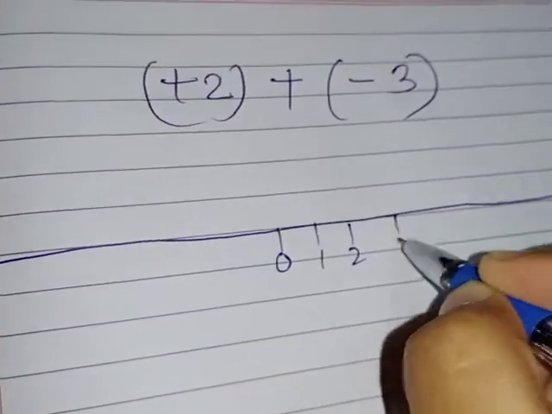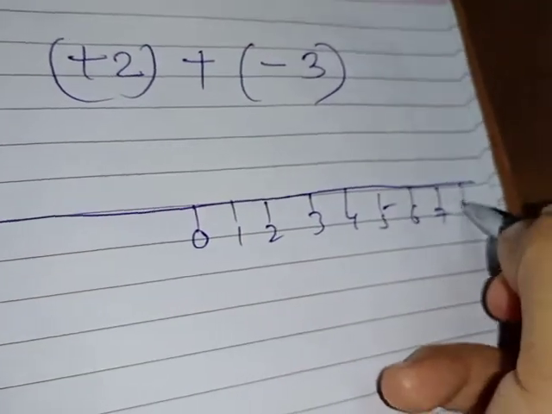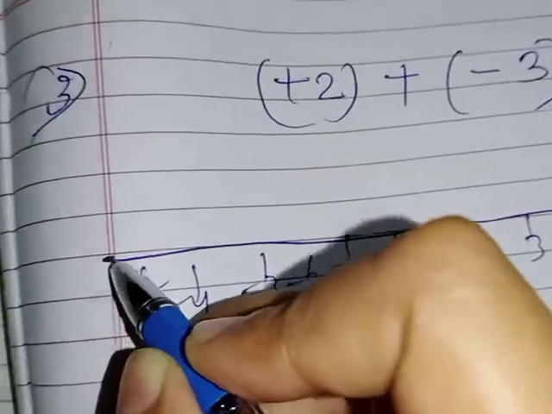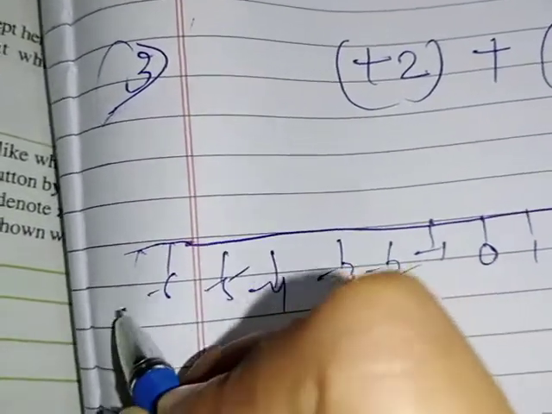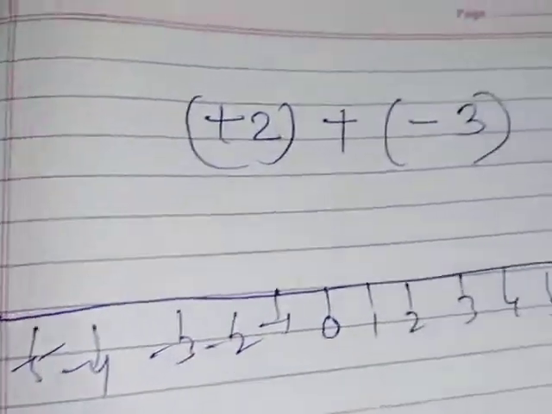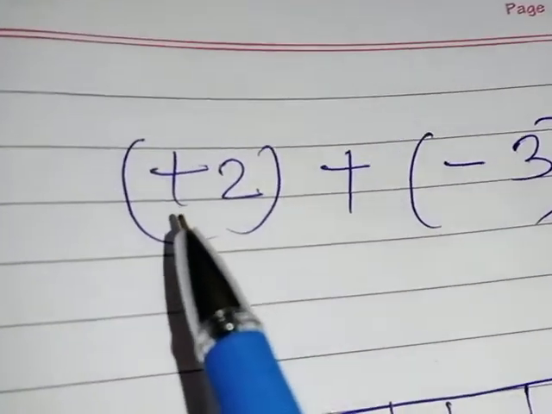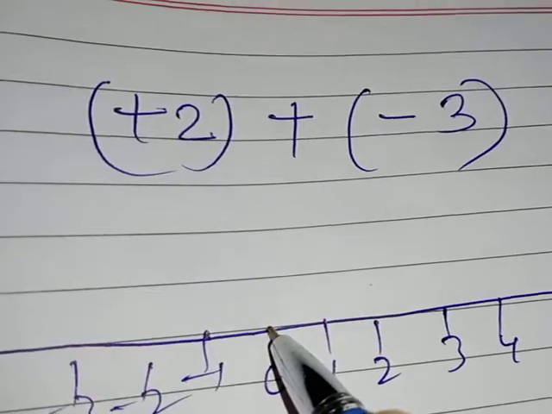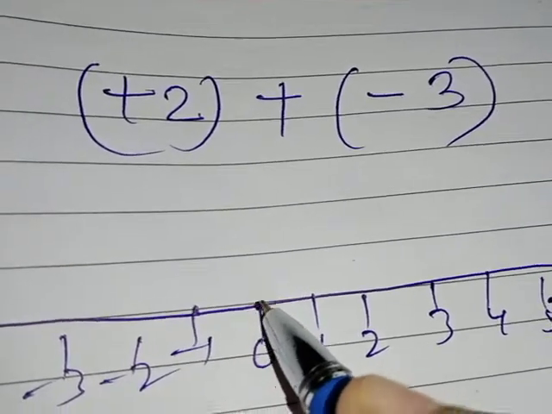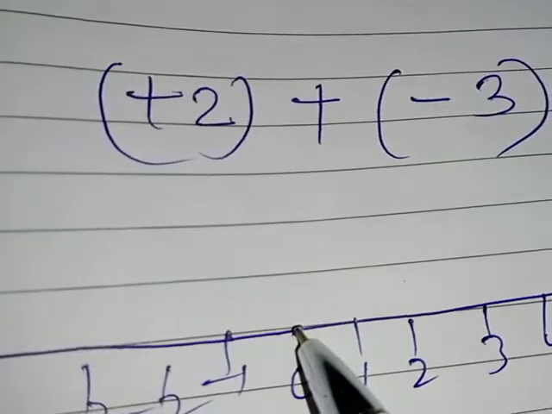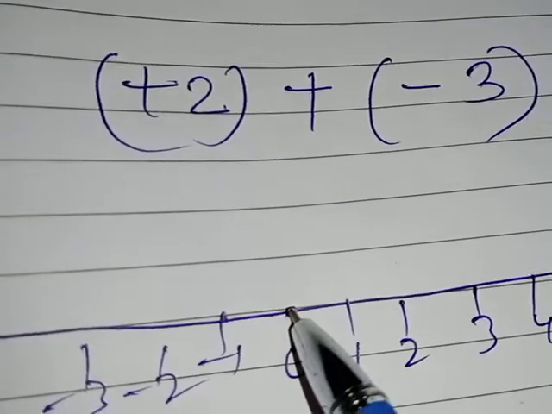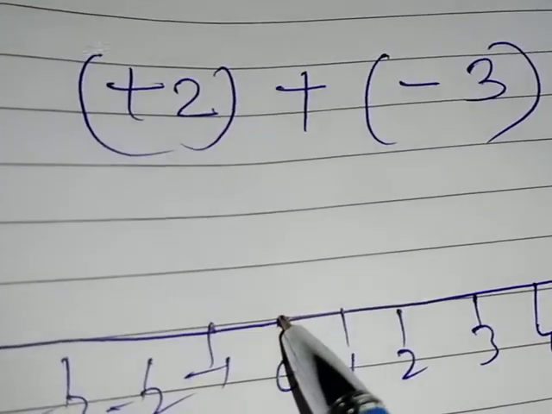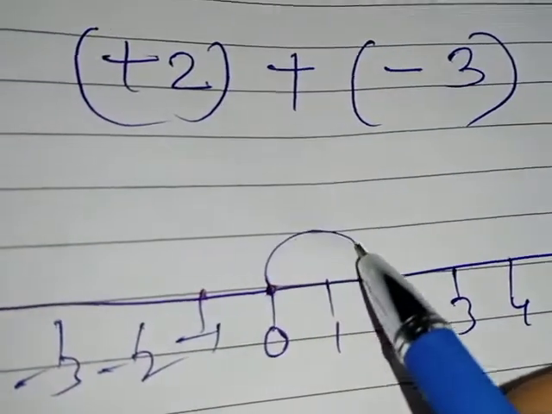0, 1, 2, 3, 4, 5, 6, 7, 8, 9. Then here like this, minus 6, minus 7 and so on. Okay. So you see here, we have the positive integer first. So what we have to do? Beginning with 0. Keep in mind, addition on number line we will begin with 0. From this 0 which turn will we take? Right turn. Why right turn? Because we have this positive integer. So from this 0 we will take a right turn up till where? 2. So this. Okay.